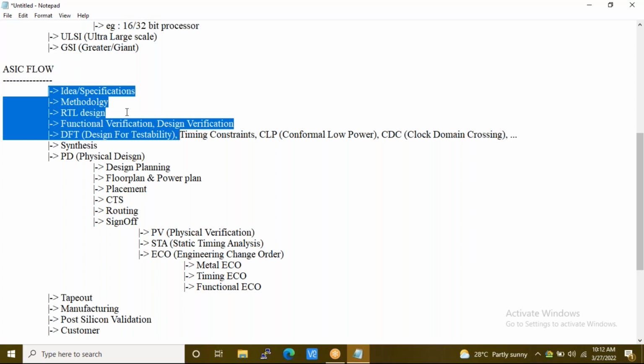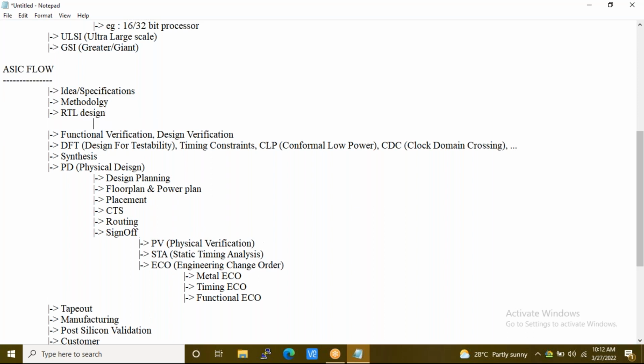Okay. So RTL design, where you will be writing the behavioral code of the design by using .v or .sv or so on. Whatever the language is, based on the requirement, you might need to write in that. Okay.